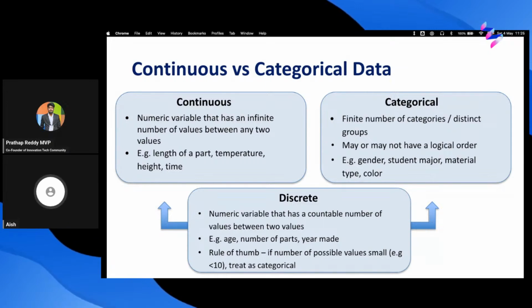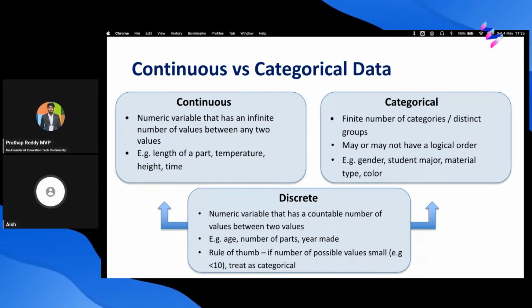For example, if you say gender, then there will be a finite number of genders, or certain specific categories of it. Or if you are enrolling in a university, then it will have a finite number of courses, maybe 50 courses. So okay, computer science, mechanical engineering, botany, and so on. So there will be 50 of those categories. So that is an example of categorical data.